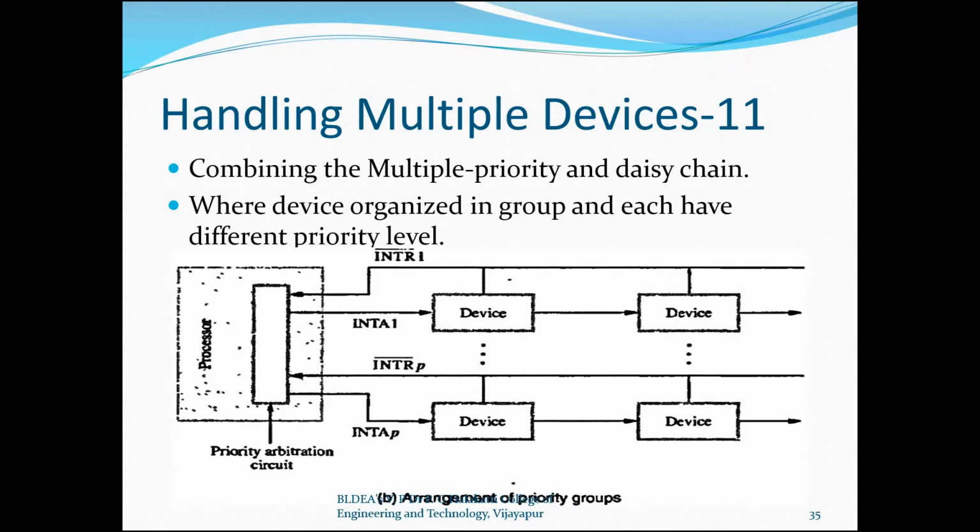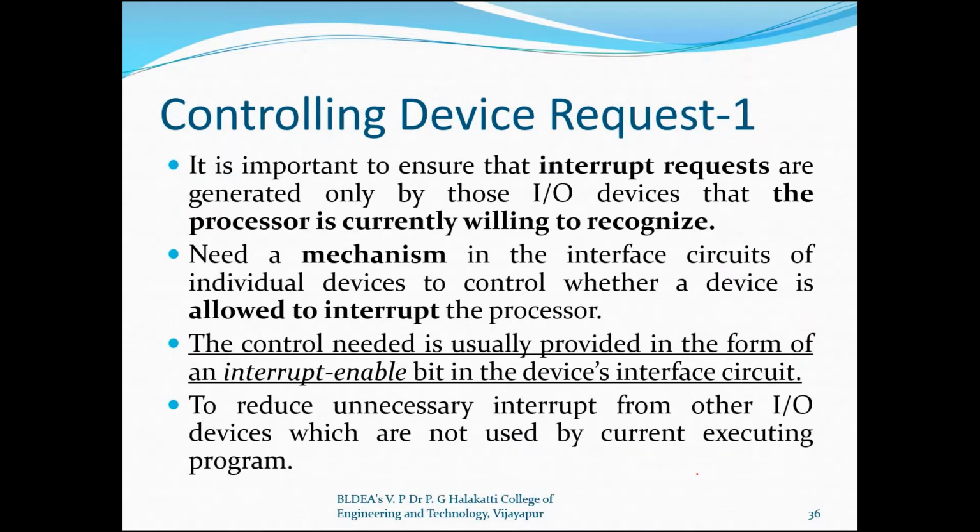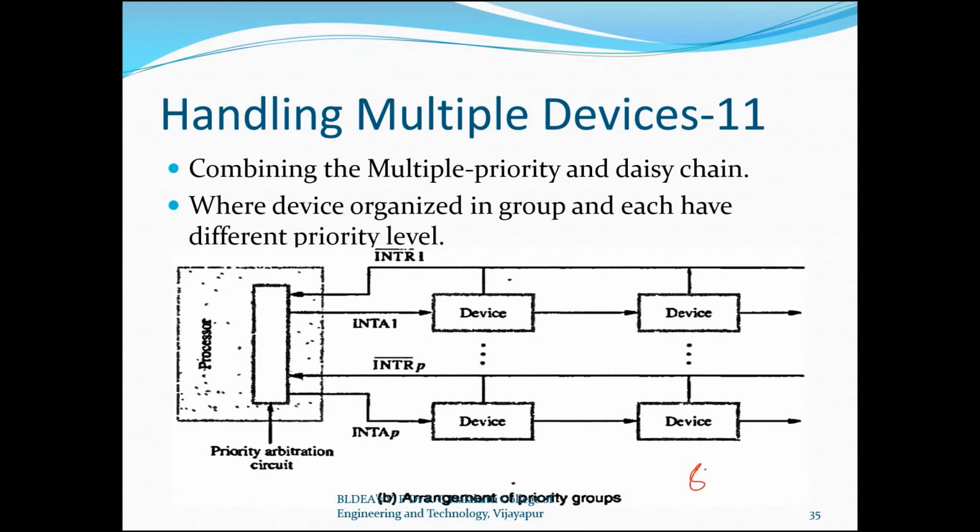Now, computer systems use specialized interface circuitry to handle multiple interrupt requests from the devices. For example, we have a chip called the programmable interrupt controller, the 8259 PIC, which can handle up to 8 interrupt requests at a time. Also, by cascading such PICs, a larger number of requests can be handled.